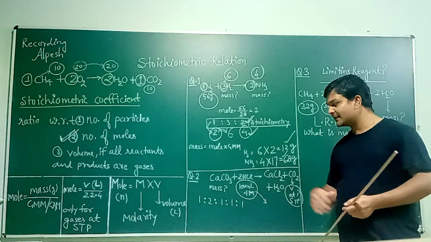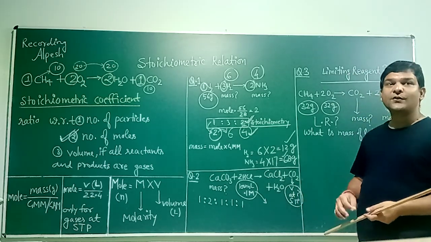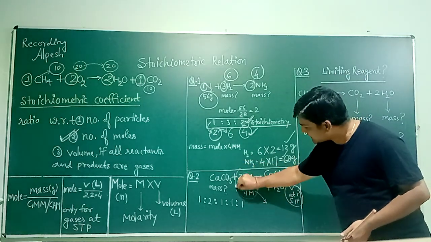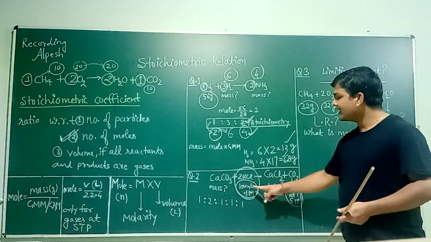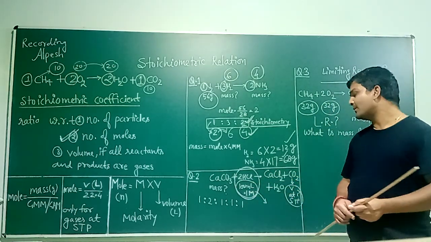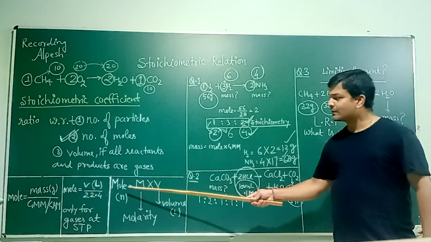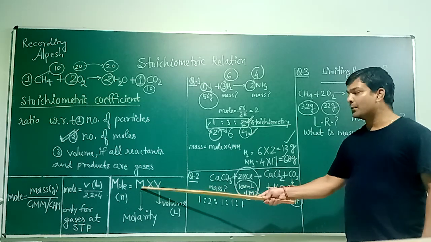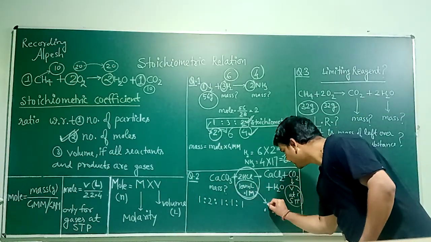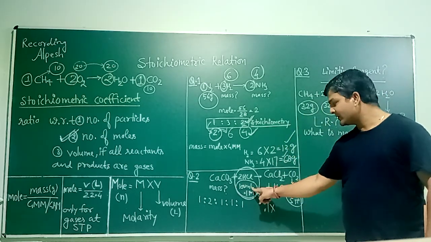I hope this is clear. Now second, you need to calculate number of moles of given substance. Here the given quantity is for HCl and you are given 100 milliliter, 0.1 M. Calculate number of moles of HCl with this information. Here you can use formula mole equals molarity into volume. Molarity is given 0.1 into volume, you need to take in liter only.